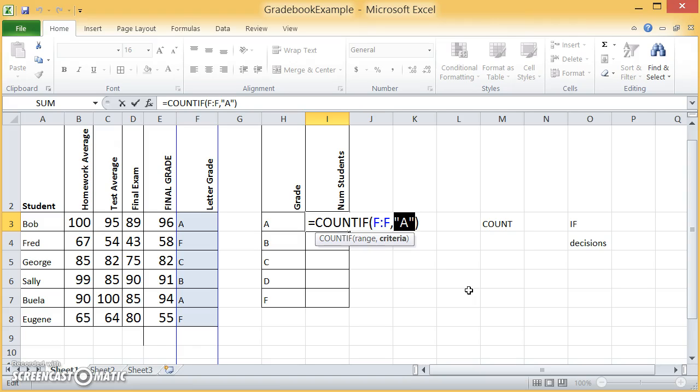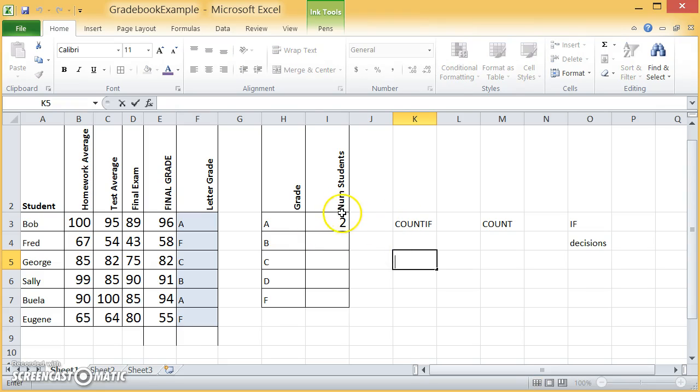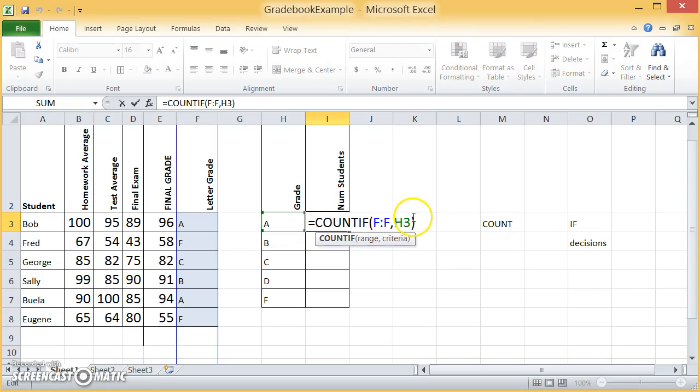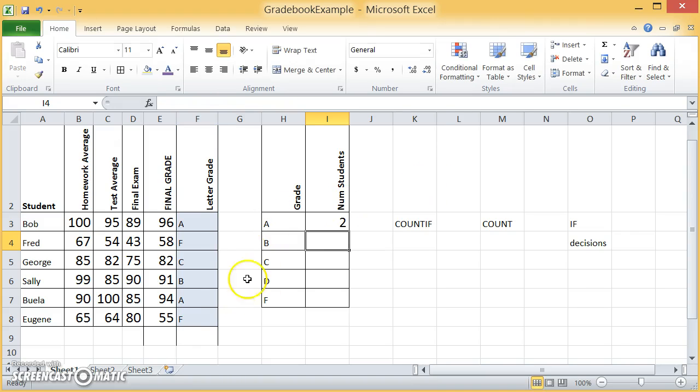I could get some of that algebra mindset and say, really, I want you to count H3. Now H3 is the name of a cell. That cell is a cell that contains the letter A. So instead of you literally typing letter A, you could use a cell reference. So count everything in this column that contains A. It says exactly the same thing. The reason this is a little smarter is because it's more general, and that way, if I were to drag this down,